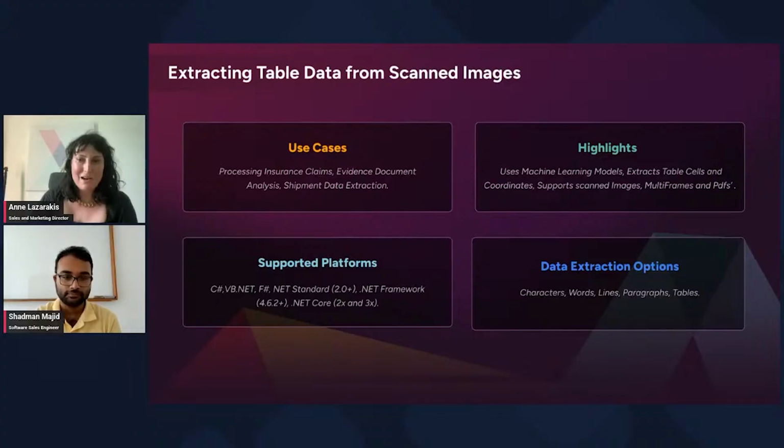Shadman, do you want to take us through the highlights and the supported formats? Yeah. So I think this is another very, very popular and common example of IronOCR, how it is making lives easier for many of the customers who are working in the software industry and trying to automate their day-to-day processes. So in terms of the technical details, in terms of reading table data intelligently from scanned